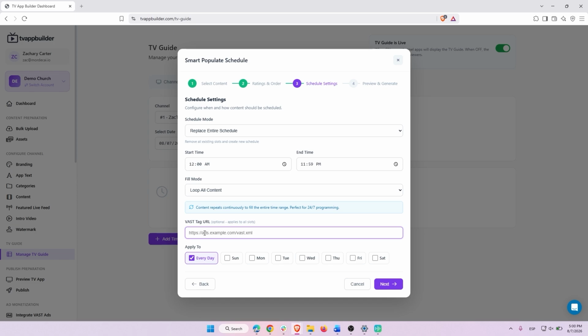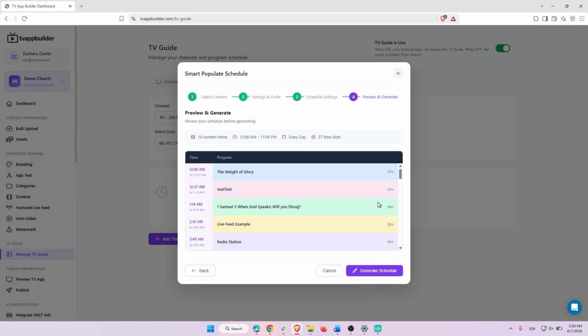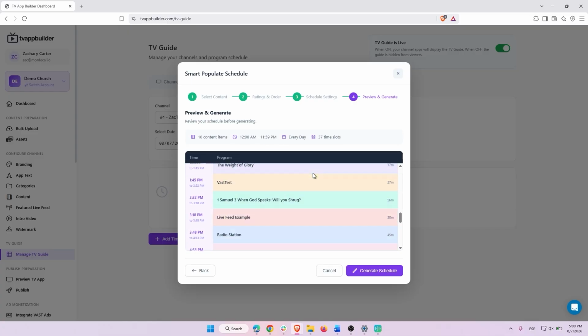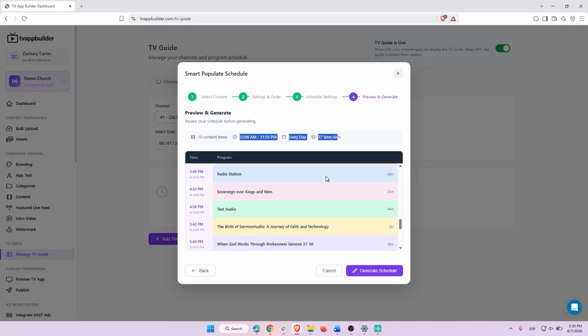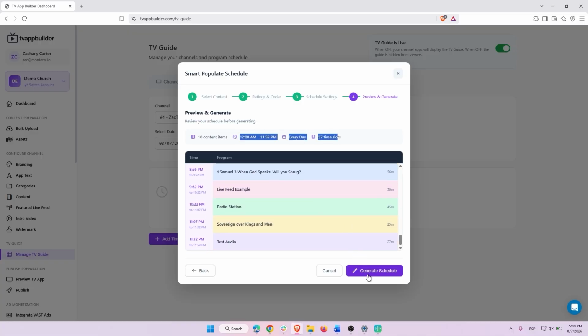You can insert ads as well. If you want to do so, you just need to add the VAS tag in here. And then you can decide, as you can see, if you want to apply it to each particular day, any specific day, or all, or every day. Now you select next, and it gives you the preview. You can see the summary of the information and the preview of the TV guide, and then if you click generate schedule,